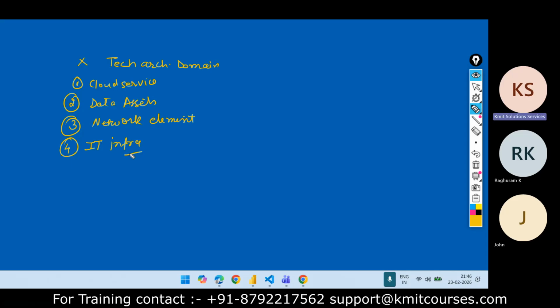Which one of these does not belong to the technology architecture domain? Data assets. Very good. To which domain does it belong? Data architecture domain. Because cloud service is technology, network element is technology, IT infrastructure is technology. So you're correct, data assets is the answer.